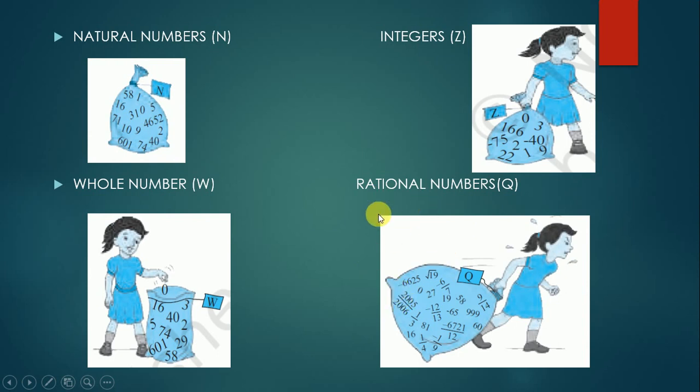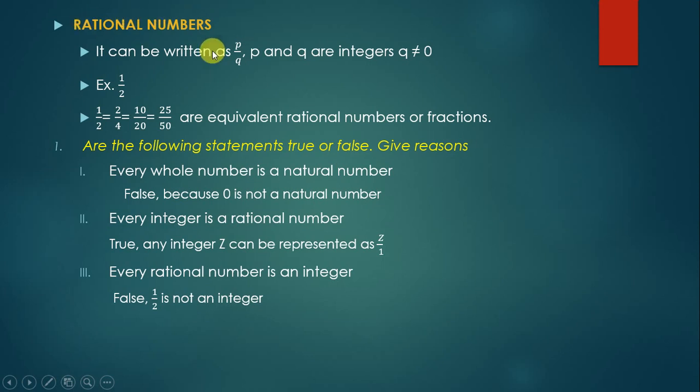Okay, first we can deal with what a rational number is. So, a rational number is any number that can be represented in the form p by q. This is a fraction, right? Any number that can be represented as p by q is known as a rational number. But some conditions are there. See, p and q are integers. That means p and q can take positive or negative numbers. And the most important condition is q not equal to 0. Okay, q will not be equal to 0.